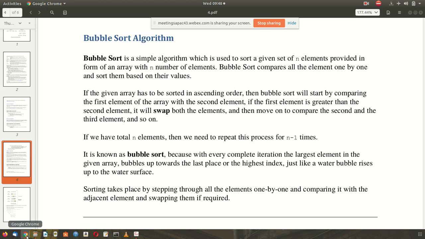Now the next question: why does it take you 2-3 pages? Because when you do it, you have to follow some steps, and those steps are called the bubble sort algorithm. This particular bubble sort algorithm helps. There are many types of algorithms, and one of them is called the bubble sort algorithm.